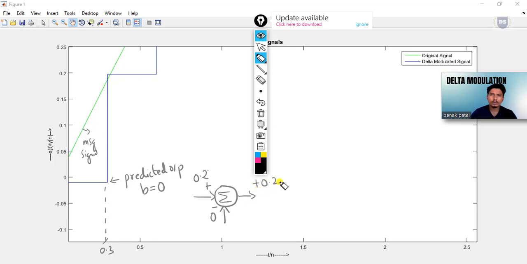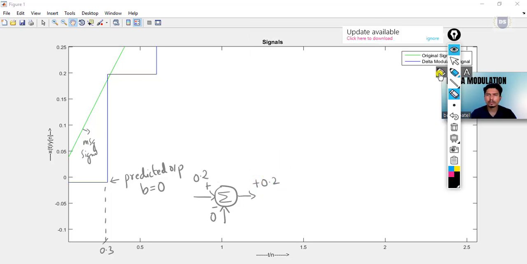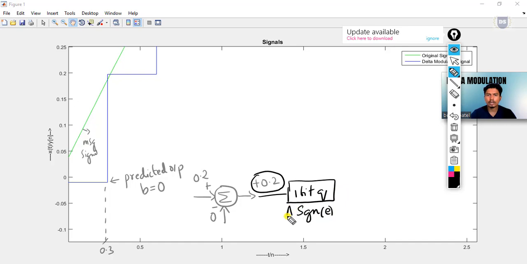So because the error value over here is positive, when this is made to go through the 1-bit quantizer, which makes use of the signum function of the error value multiplied with delta, here in fact we'll end up with positive delta, and if the output here we are getting is positive delta, then the encoder will transmit symbol 1.